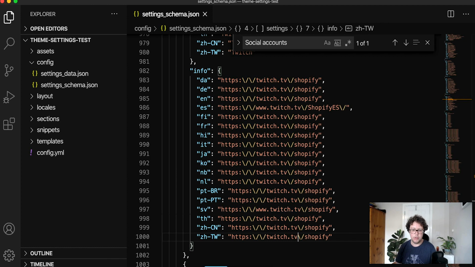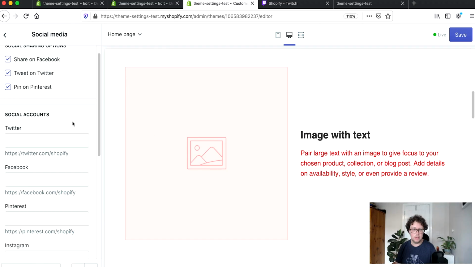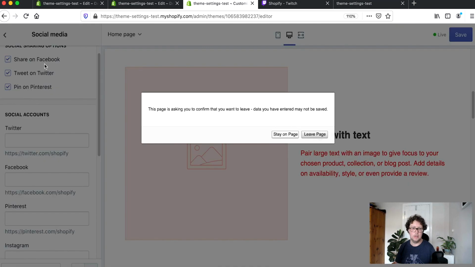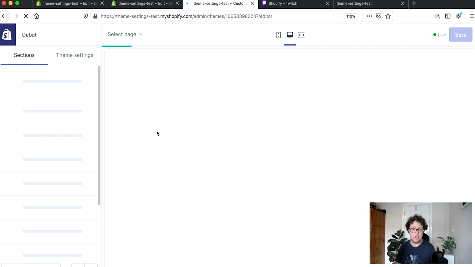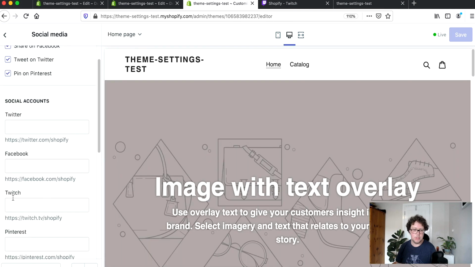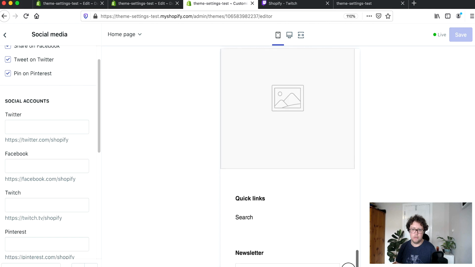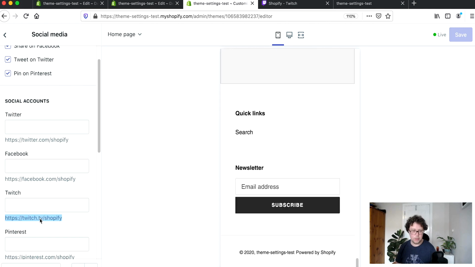And if we go back to our online store editor, we should see that this setting has been added. So great, yeah, we're seeing it appearing here. And if I just view this on mobile view, we can see that we have a setting here for it. We can input a URL into the field, but we're not seeing any icon appearing because we haven't actually created